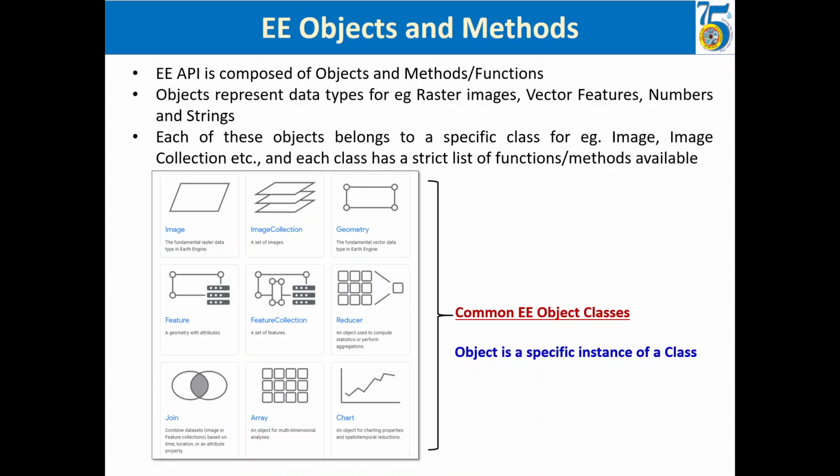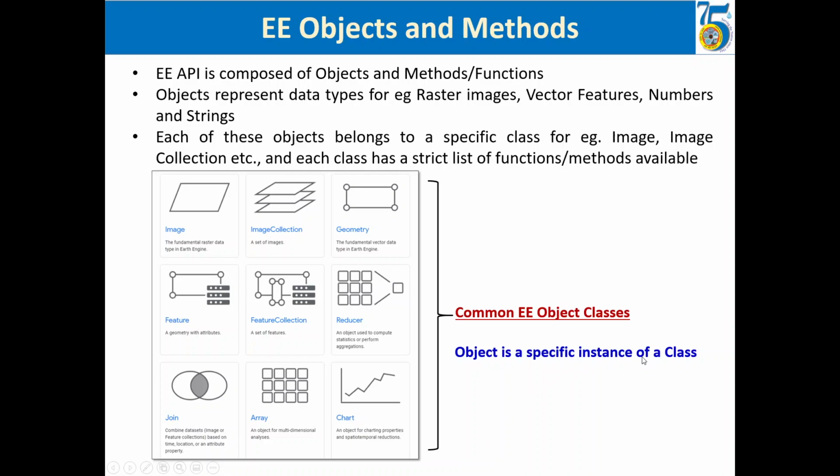Objects, you need to distinguish between the JavaScript objects and Earth Engine objects. JavaScript objects are nothing but dictionaries with key and value pairs, whereas Earth Engine objects, everything they represent data types like raster images, vector features, numbers, strings, almost everything. Each of the objects belongs to a specific object class. For example, image object class, image collection object class. The common Earth Engine object classes are image object class, image collection, geometry, feature collection, reducer, join, array, chart, and